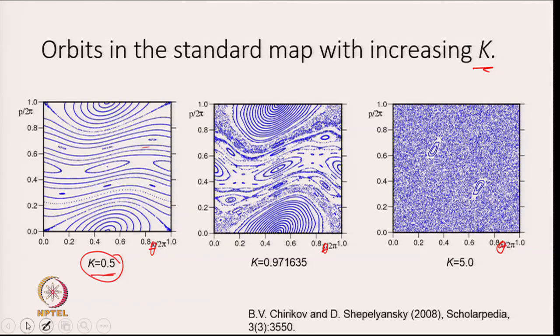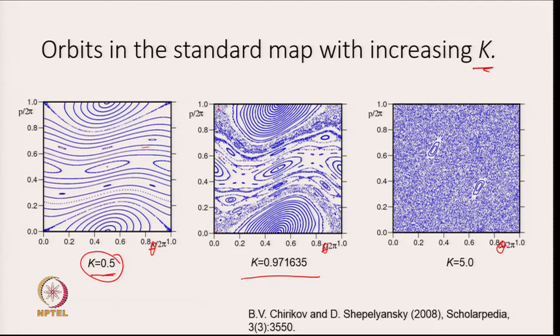As you increase k to this special value, you find that this is the point where orbits have this special feature: an orbit starting over here, let's say, remains within this particular band, and orbits that start over here remain within this particular region. Even though they are completely chaotic, they don't traverse this square from top to bottom. So, this is the divided phase space that we referred to in the case of the standard map.